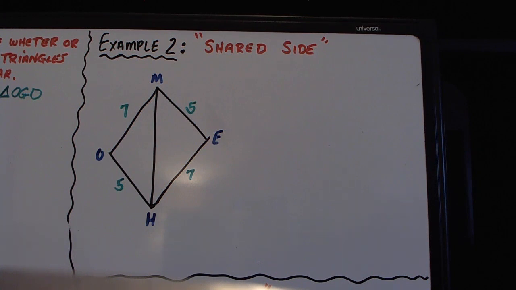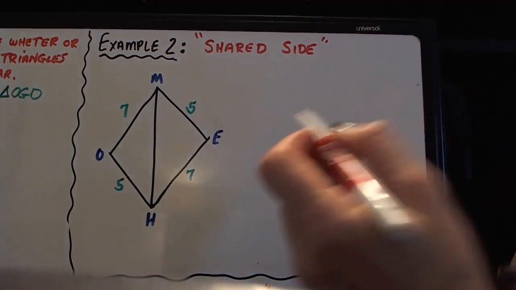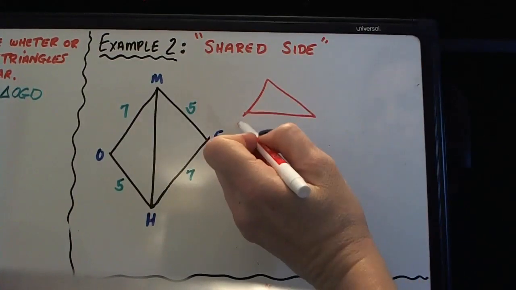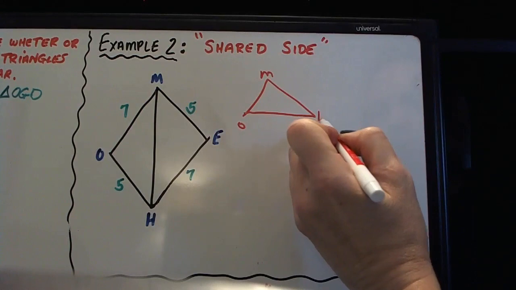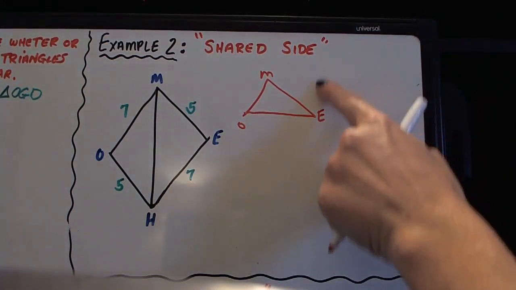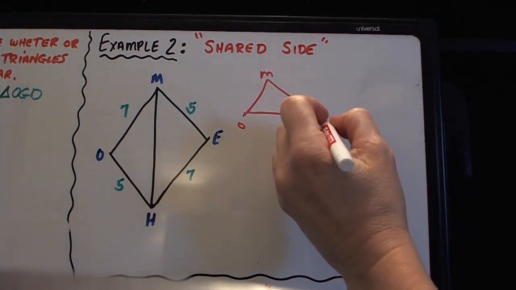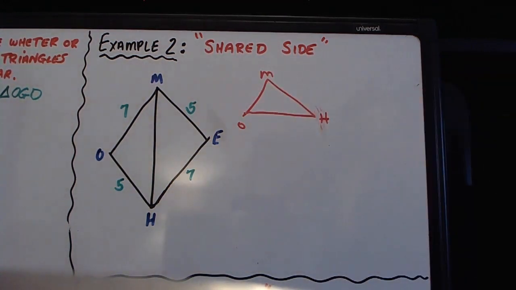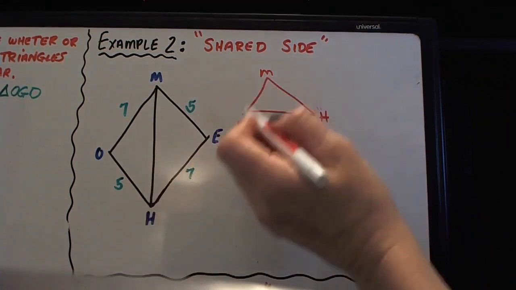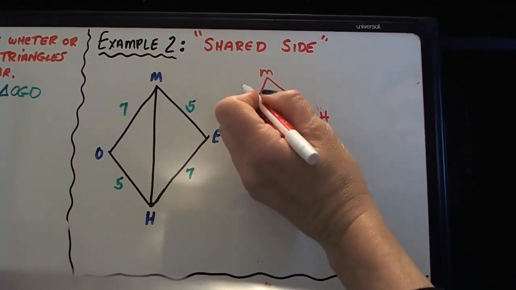If we drew those triangles separately, if I take triangle OMH, and OM is 7,